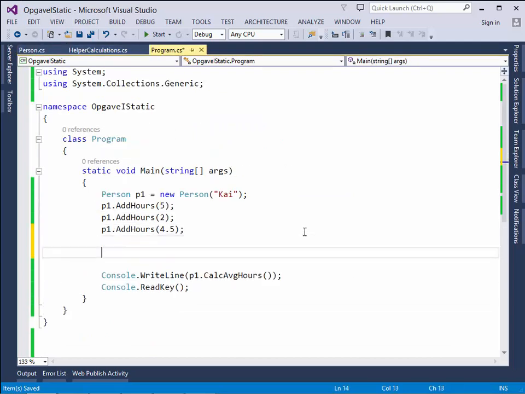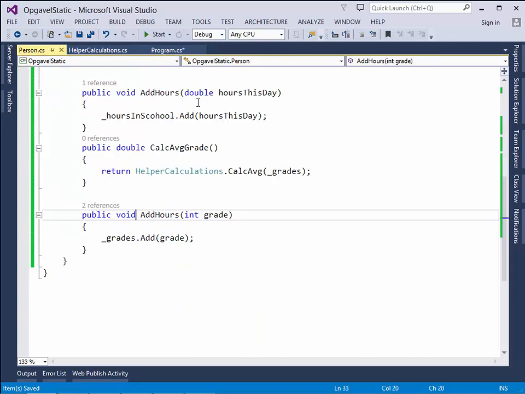So let's add some grades. Didn't I make the add grades function?